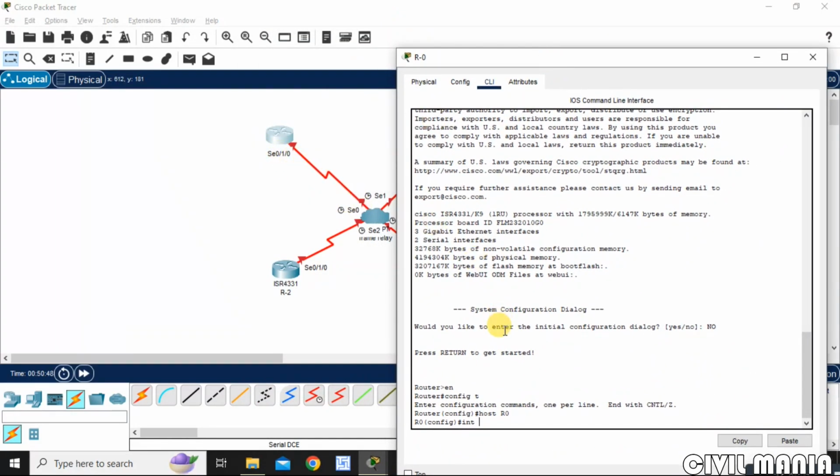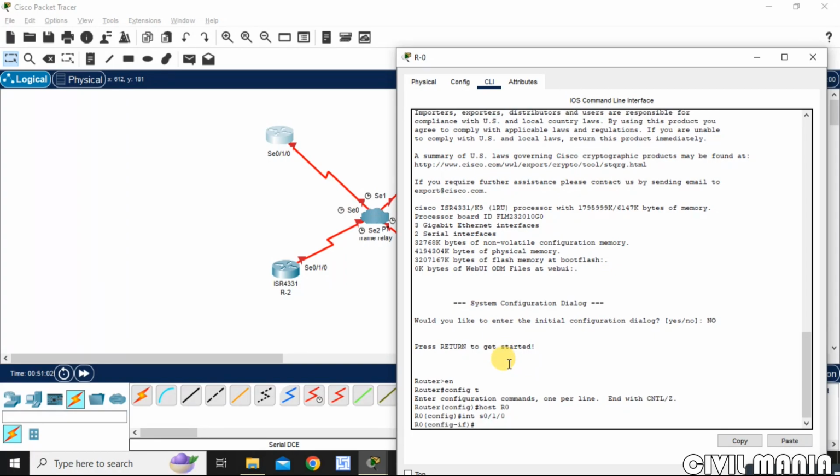You can see here what the interface is: S0/1/0. I have moved to the interface.